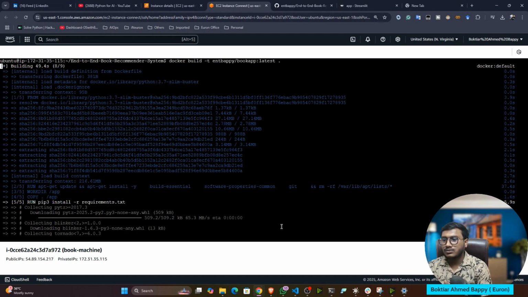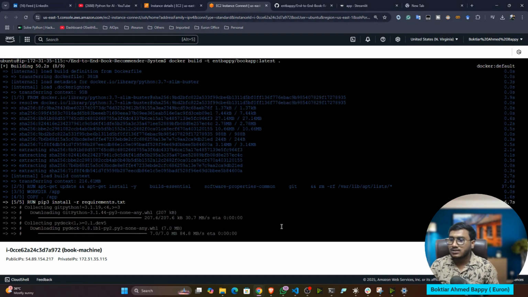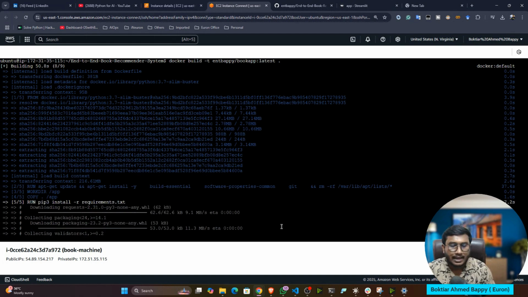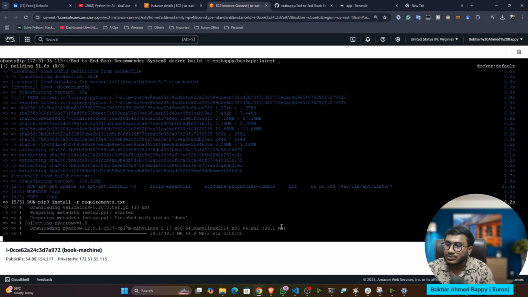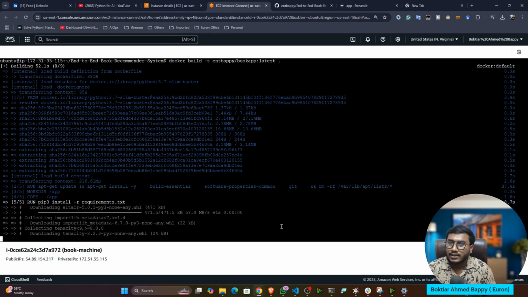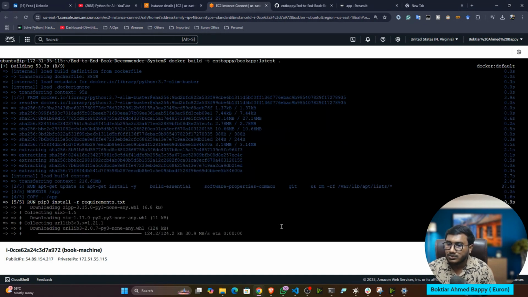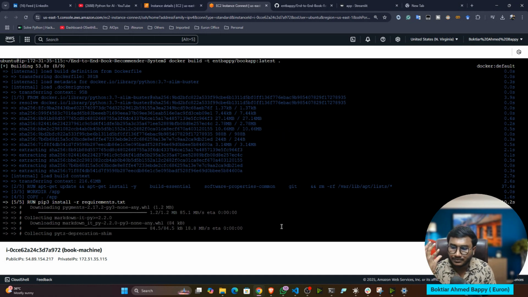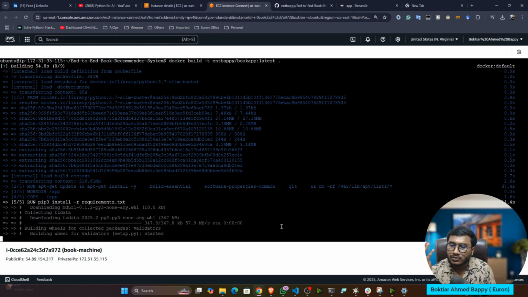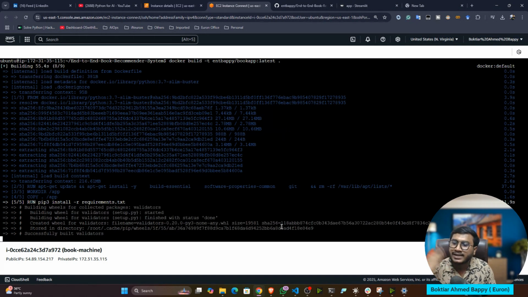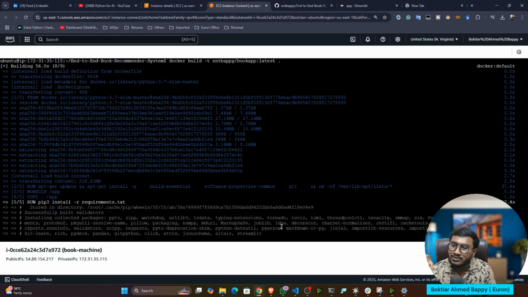When this EC2 instance is in the active stage, that's when it will charge. If you stop it, it will charge only for the storage, because you have created an instance and it is available on the AWS cloud. The storage charge is very small. If you don't need it, you can terminate. Terminate means you are deleting the entire instance, and stopping means you are only stopping it. I'll also tell you how to clean up everything.